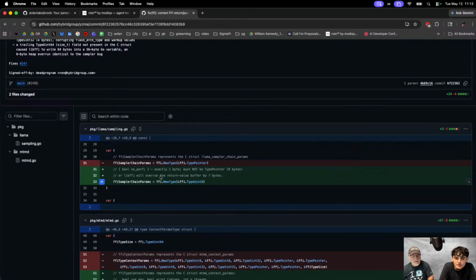Because now the call will just write out 1 byte. He went from a type pointer, 8 bytes, back down to just the 1 byte that we really needed for this call. We only needed the 1 byte for this call, but he was using 8 bytes. Okay, so we fixed that.